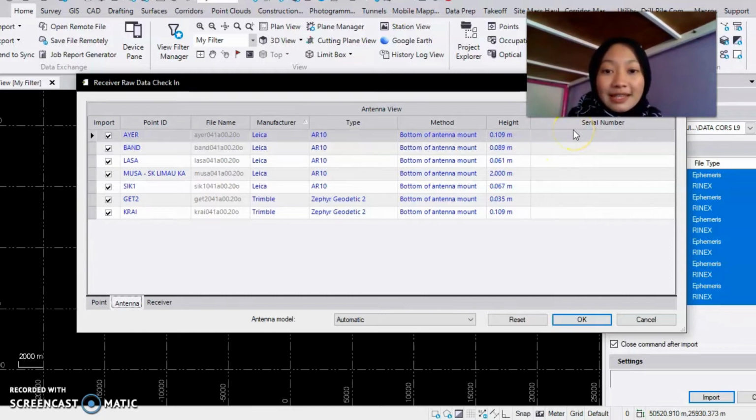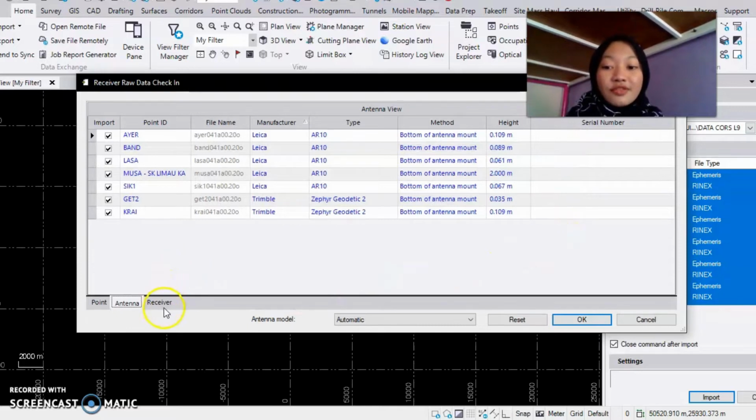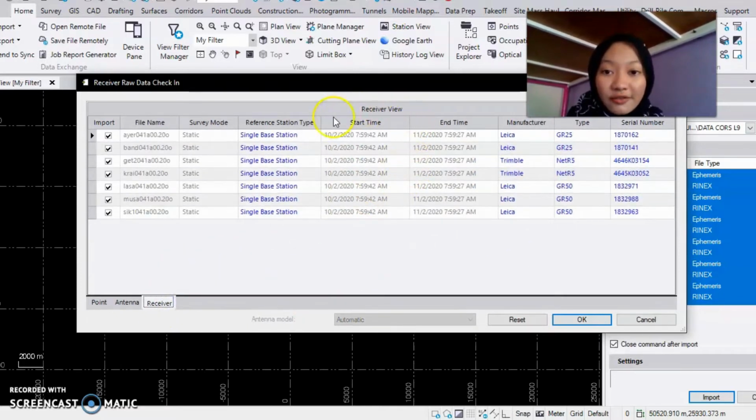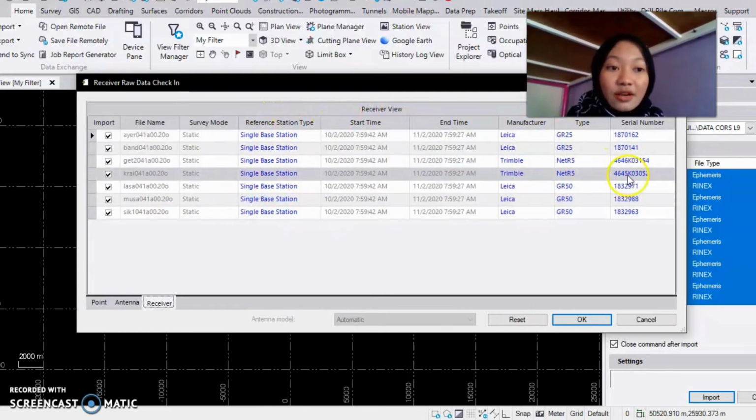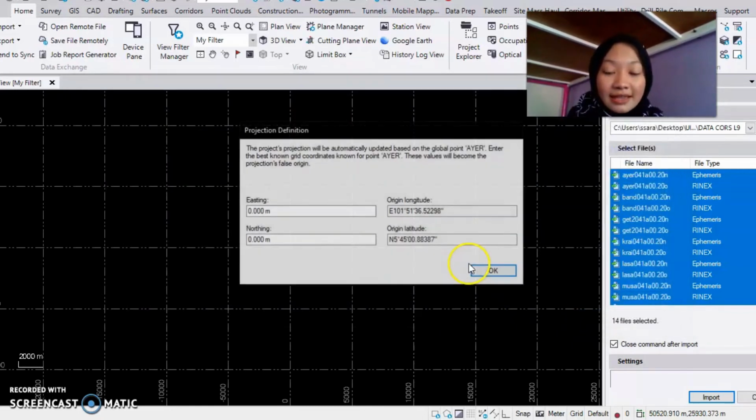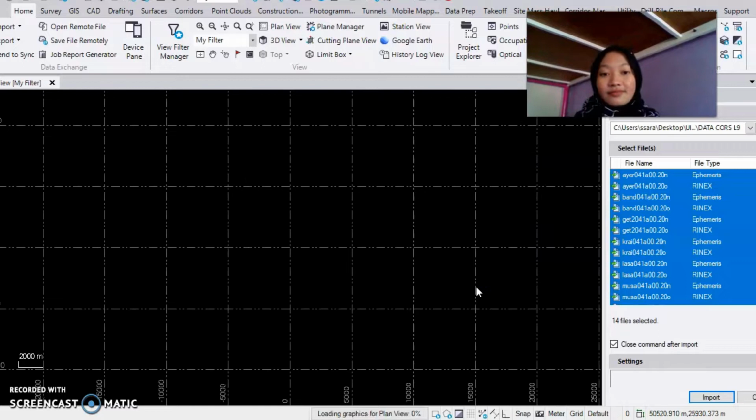But here they did not provide it for us, and that's okay. So for the receiver, we need to also check the information for the reference station type, manufacturer type, and also serial number. So if everything is okay, we can click on OK. And for projection definition, we just leave it like this and click OK. And our stations will appear